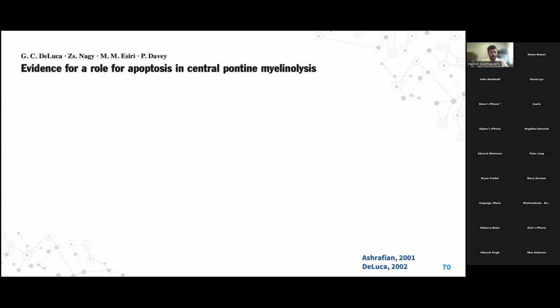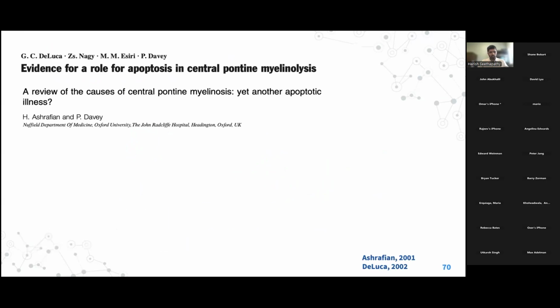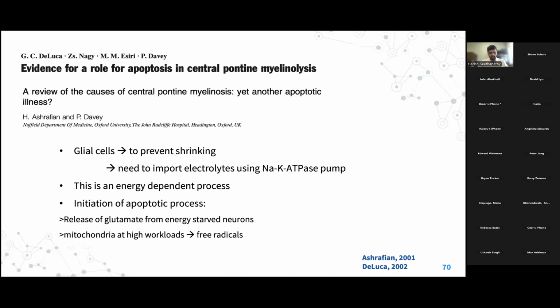So these are not really neurological deaths that you would associate with CPM. So why does it happen? There should be some sort of a theory as to why patients with alcoholism and malnutrition are under such heavy risk for any small changes, whether osmolar changes or other changes. The most conclusive part is a couple of papers that were published, which looked at apoptotic markers in patients with CPM and their brains.